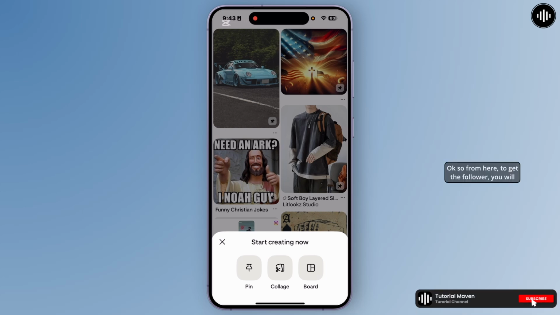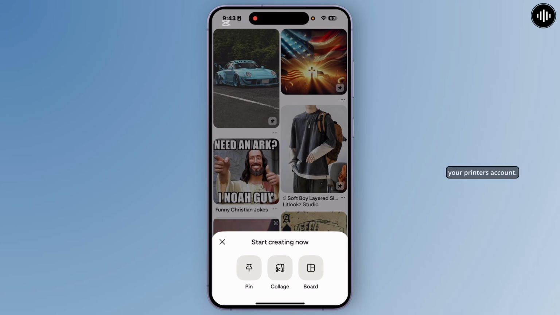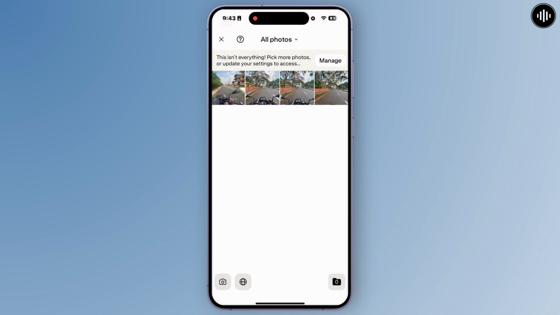Okay, so from here, to get followers, you'll have to regularly post a pin from your Pinterest account. For that, tap on the option Pin. Okay, so from here, you'll have to just select the picture or post you want to post on your Pinterest account, and that will definitely help you to gain followers on your Pinterest account. So simply choose your pictures from here, and after you choose it, tap on Next at the top right